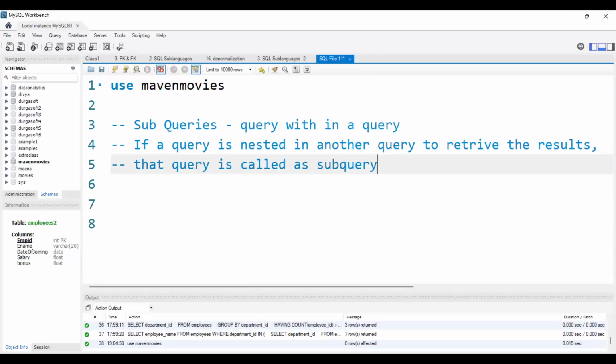So yeah, this is the technical definition of a subquery. If a query is nested in another query to retrieve results, according to the requirements or the questions, and we use one query inside another query, then whatever query we are writing inside is called a subquery. Let's see some examples, then you can understand easily. Before that, I can say